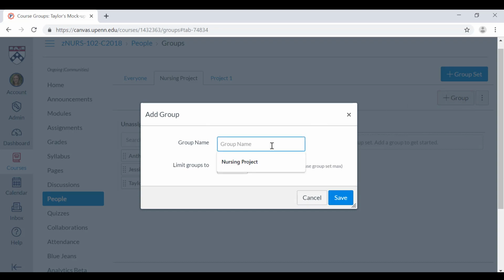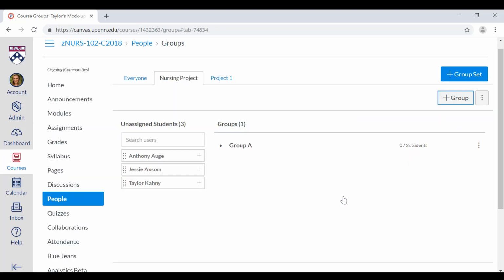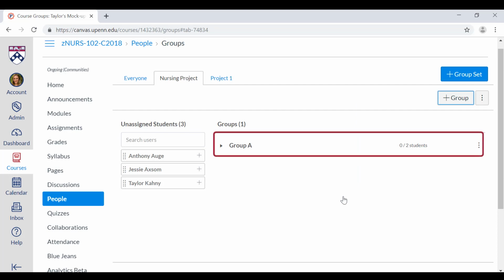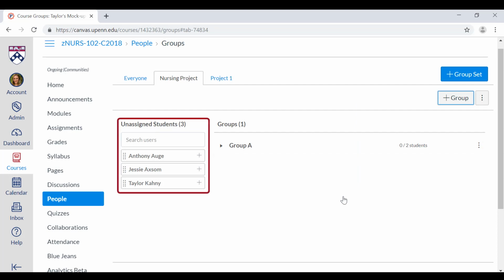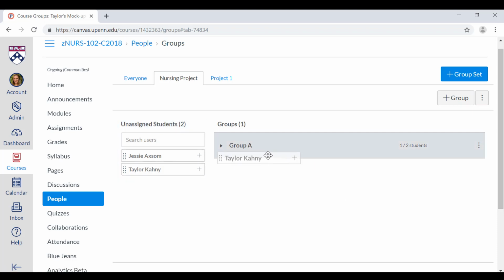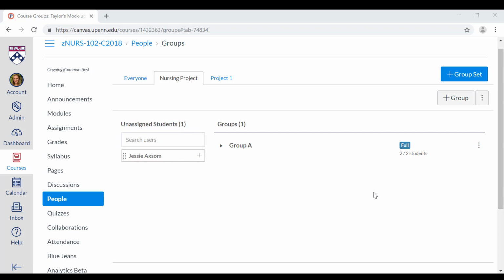Here you can set the group name and limit to a certain number of members. Your group will populate, and you can drag students from the unassigned column to add them to the group. You can continue this process to add more groups, and once you have them, you're all set to use them